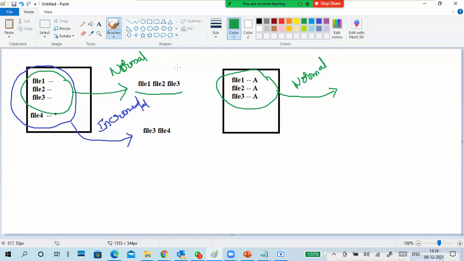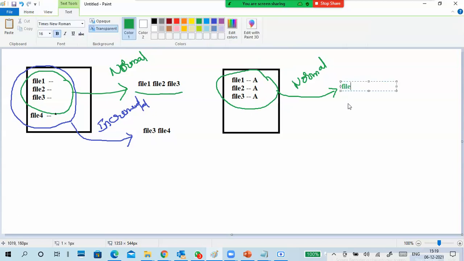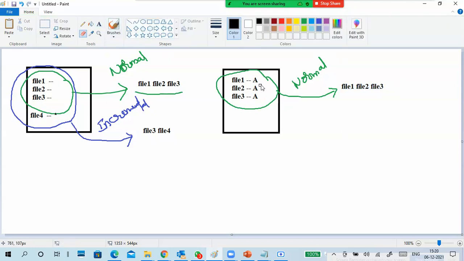Okay. So important are normal, incremental, and differential. These three are very important. That's why I'm telling only that one. So in a normal backup location, we have files like this: file one, file two, file three. So all three files are backed up. That's it. Very good. Next, it is a normal backup. After taking a backup, what happens? It is marked as backed up. So now these three files are backed up. That is a representation.